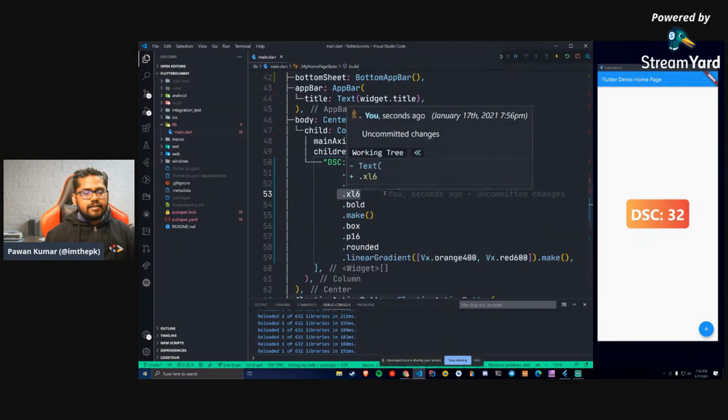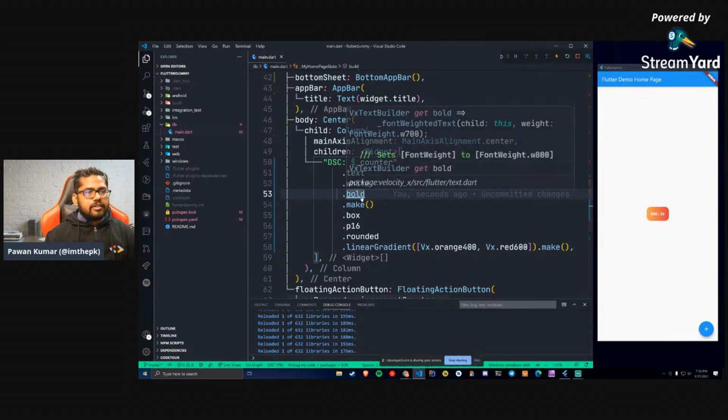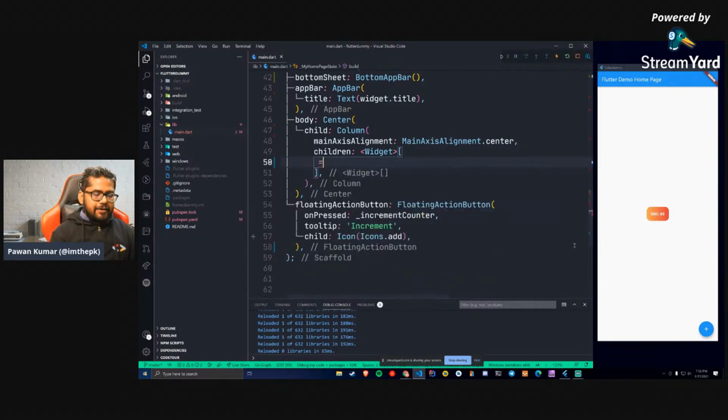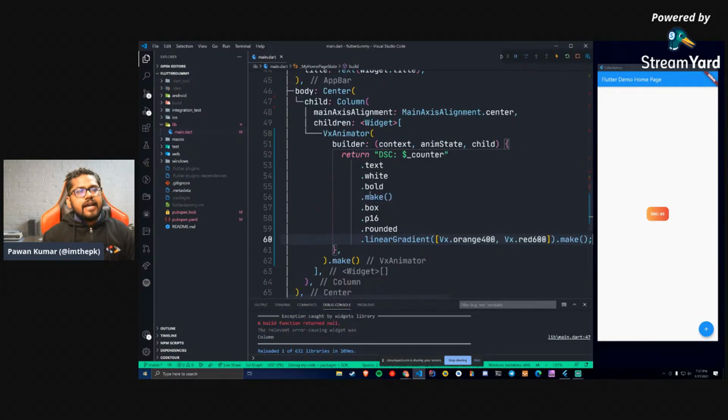So why are we doing this? Because we want to animate this now. Okay, so how can we do some cool animation, right? So now even if you are pressing this button, you can see the counter is increasing, and this is fun. This is really looking good. So now you can just copy this, and this is going to change the size of this particular text with animation.